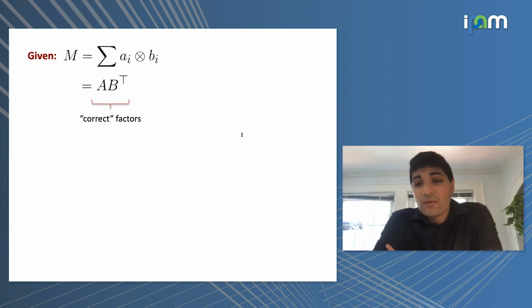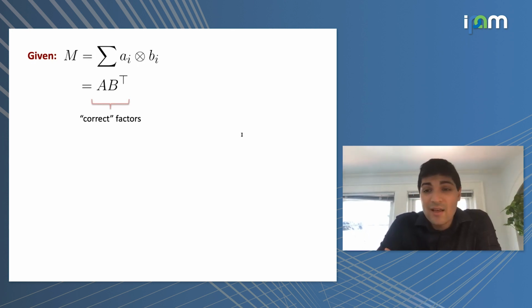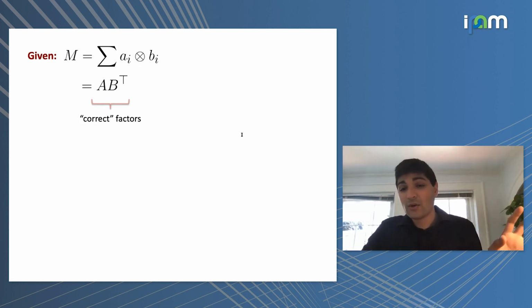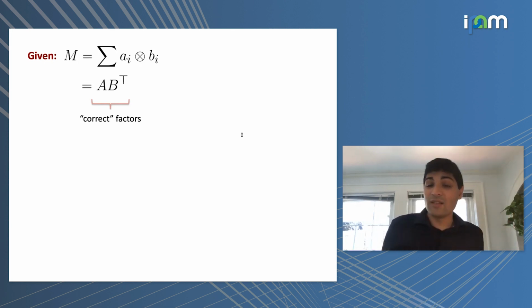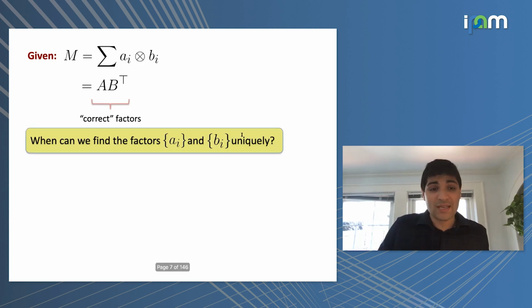Now, there's a big problem with trying to do factor analysis with matrices, which is really where tensor decompositions are going to save us. Because one way to think about what's going on is that on the left-hand side, we have access to either an approximate or an exact matrix M that we hope can be written as the sum of a_i tensor b_i. And we can write this in matrix form as this A times B transpose matrix. And somehow the hope is that we can take this left-hand side, which we can measure from our data, and maybe we can find these correct factors that when we look at them, we can see that Spearman's hypothesis is indeed supported by the data, that there really are these 2 different modes of intelligence.